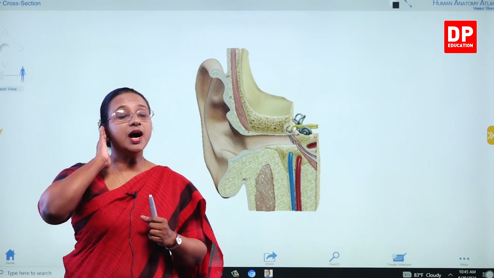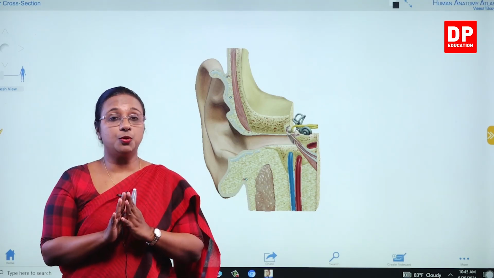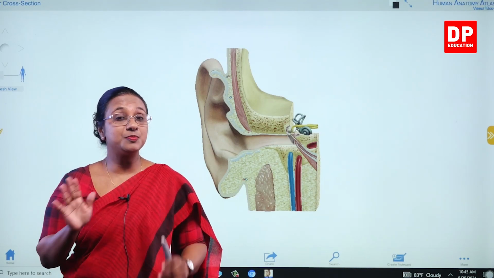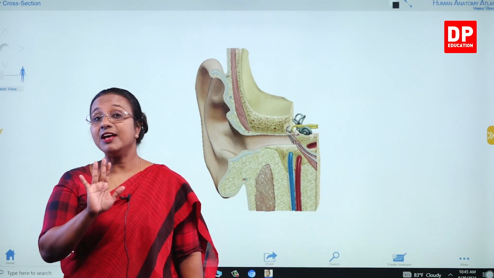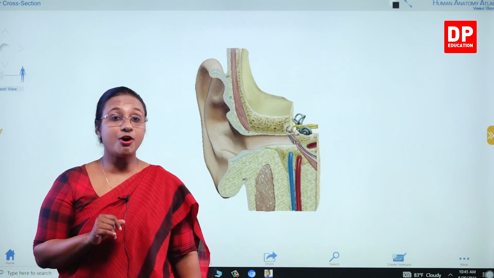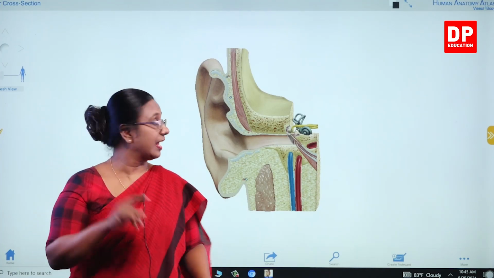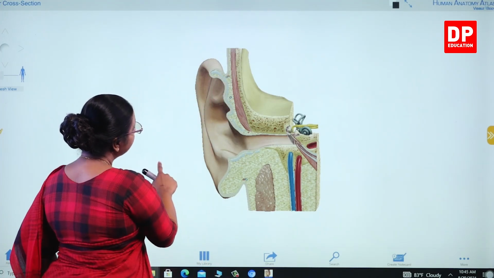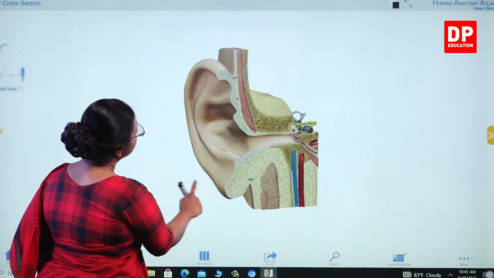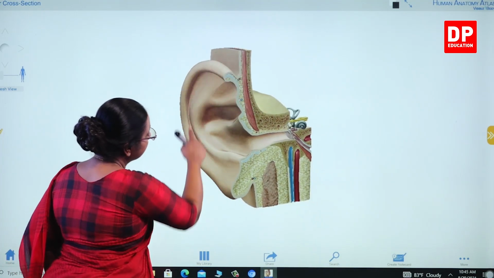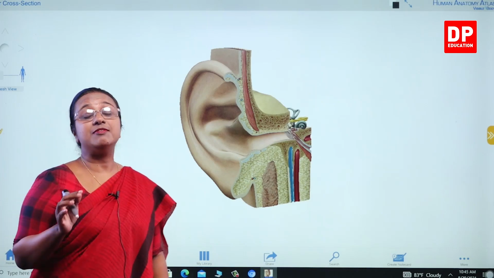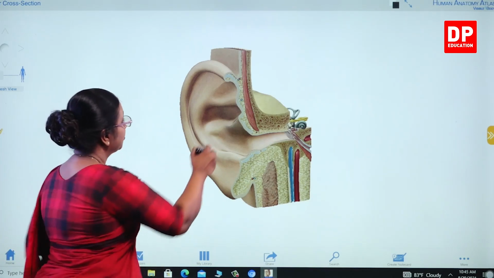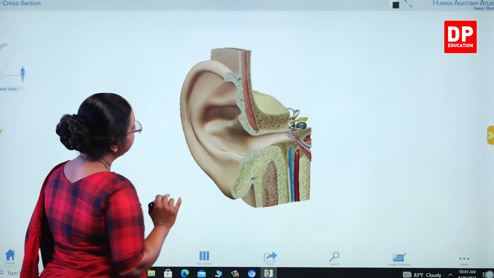Now you all know our ears, we have the ear lobes. They are known as external ear lobes, and mammals have external ear lobes. That's a feature of mammals. So we also have that. So can you identify the ear lobe here? Can you see? Now this part is the earlobe. Another name given for the earlobe is the pinna. So this part is known as the pinna.